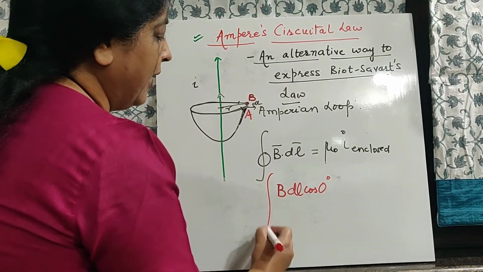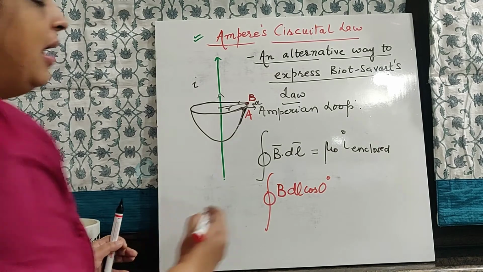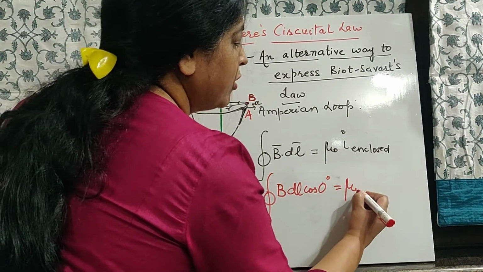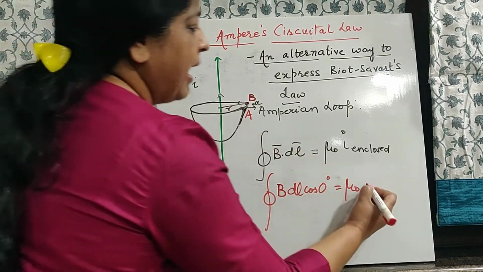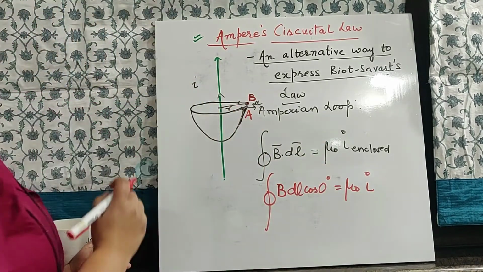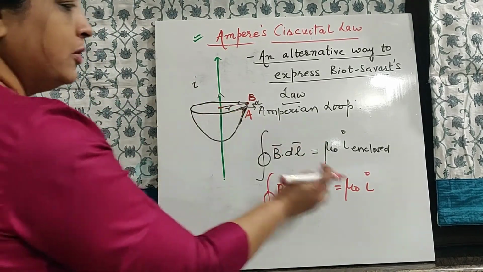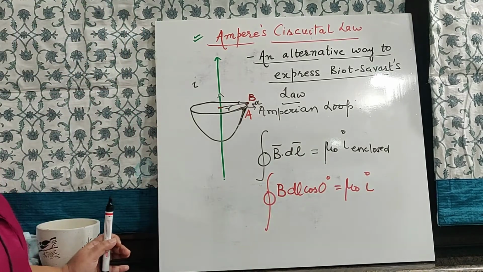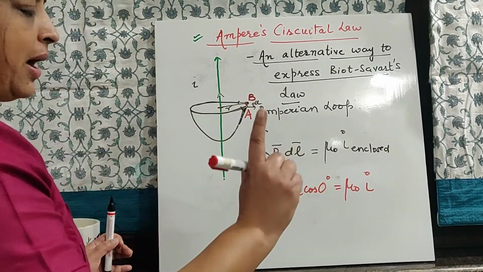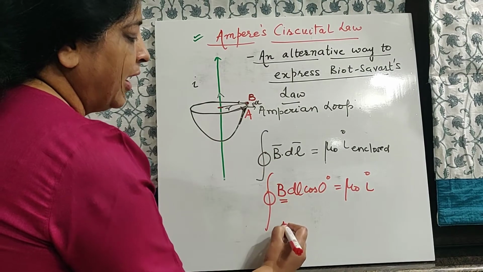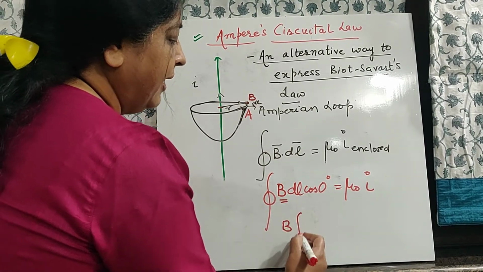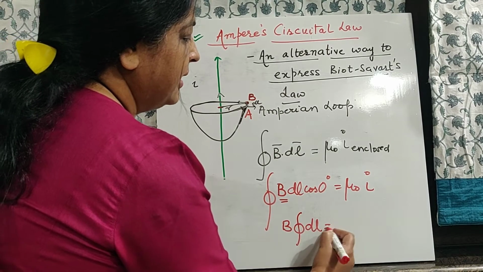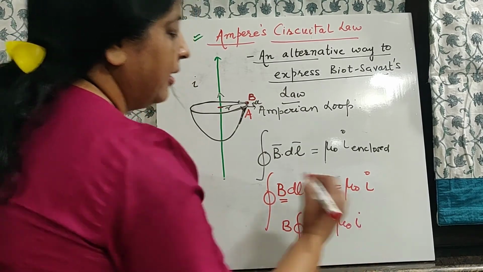Now, you have to take a closed line integral, and this is equal to mu naught times the current enclosed, and the current enclosed by this loop is I only. I is the current flowing through the conductor at this particular point also, so current enclosed is I only. Now, cos 0 is 1, and you need to find out the value of B. So, we will write down B here, and we get in the integral as this, which is mu naught I.